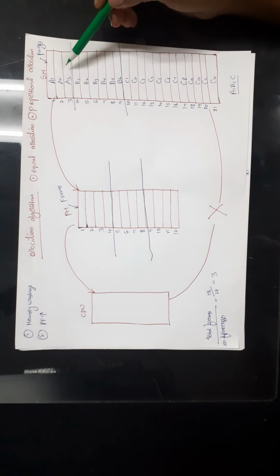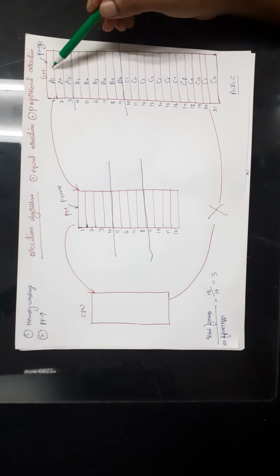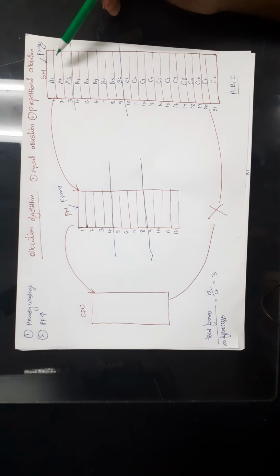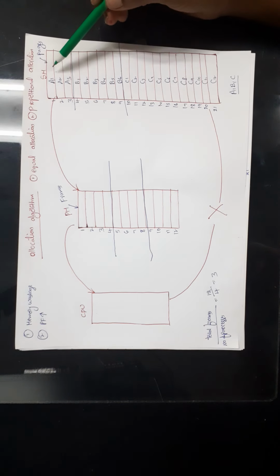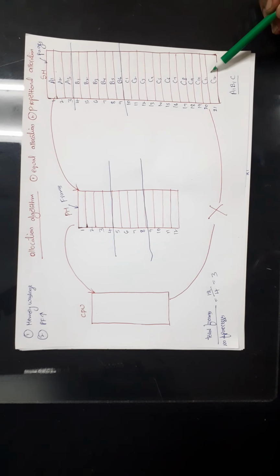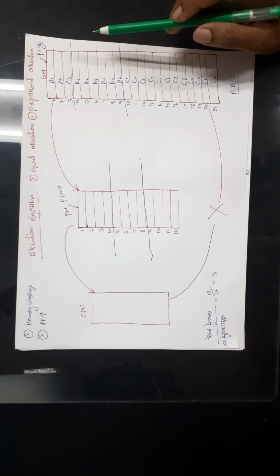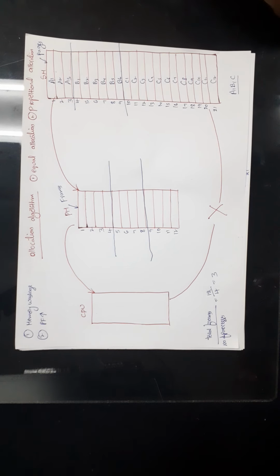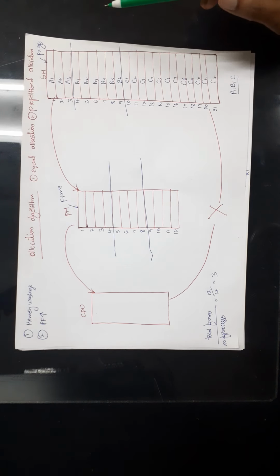Okay, so we can allocate the pages for the processes in a non-sequential fashion also. For my convenience, I have allocated in a sequential fashion, but you can store part 1 of A here, part 2 of A here and part 3 of A here. Okay, so you can store like that also, because we use the paging concept to allocate the memory in a non-sequential fashion. So for our convenience, I have written like this.